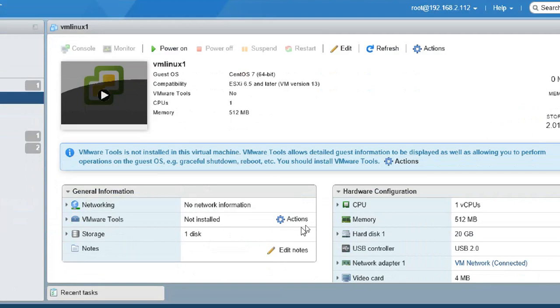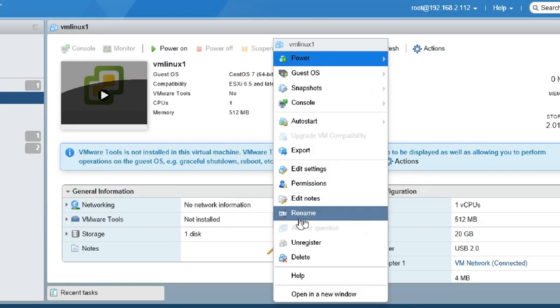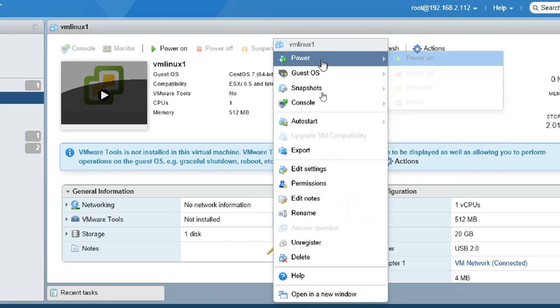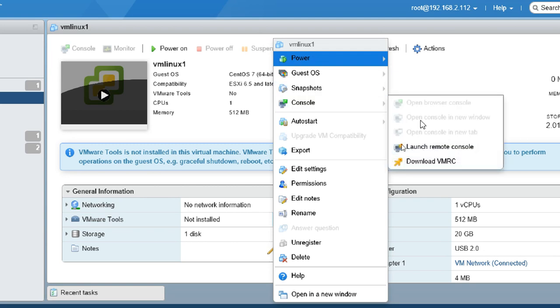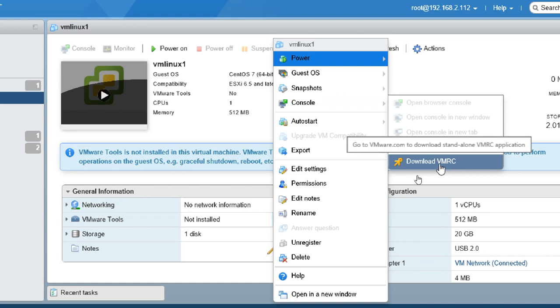VMware Tools are not yet installed. If you want to, you can do actions like power on, guest OS, install VMware Tools, snapshots. You can take a console, or download a console like VMRC.